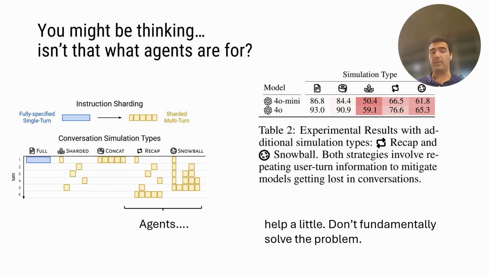And perhaps this is a little bit philosophical, but we argue that multi-turn capabilities in models should be baked into the model so that the model is able to approach the multi-turn context intelligently, rather than adding an agentic framework on top of it, which is sort of tape if the model is not able to process multi-turn ambiguity properly.